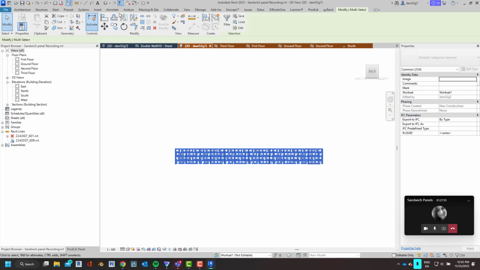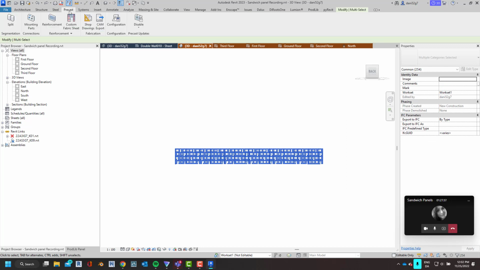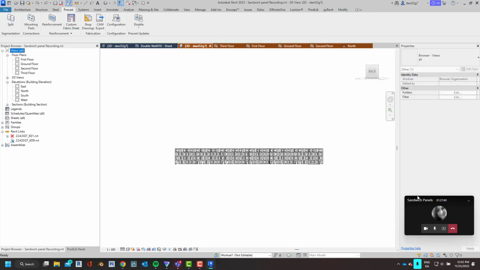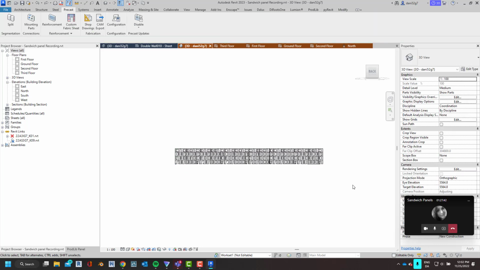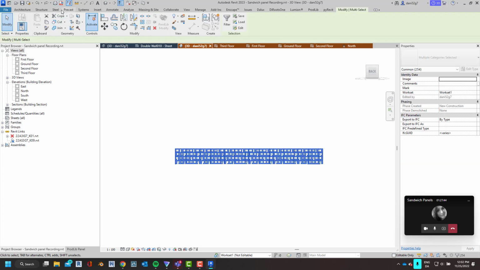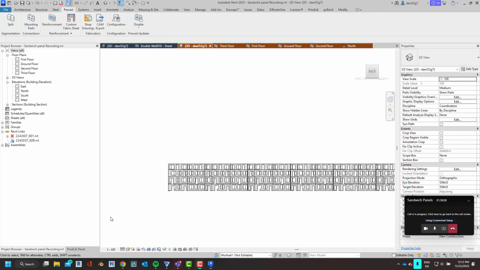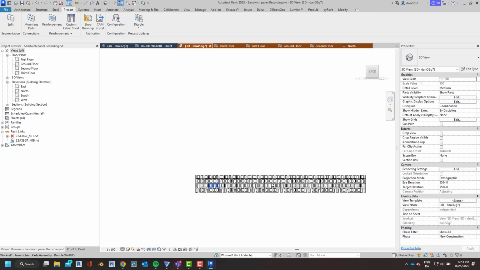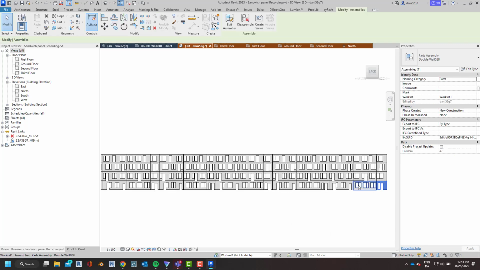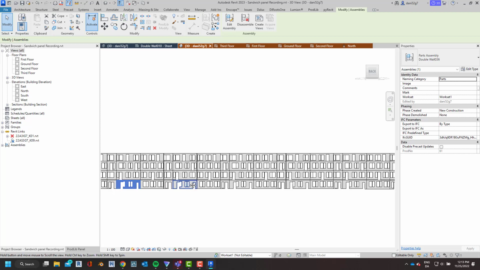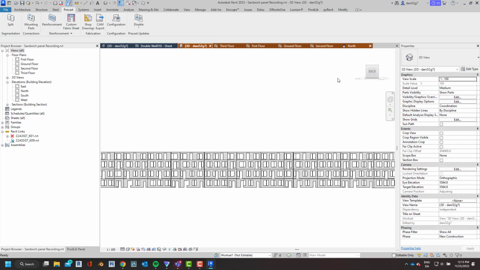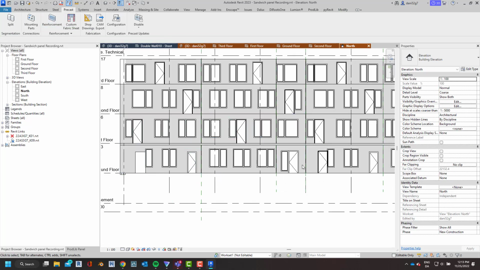We can select all of these parts at the same time, right? And we can split them. This is going to take a second. Alright, great. So we've split all the elements. Now we have all our assemblies made for us. You can see that here. That's great. The reason we do that is because when we go to our north elevation, we have our layout